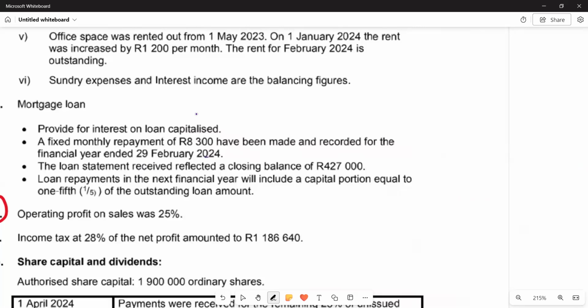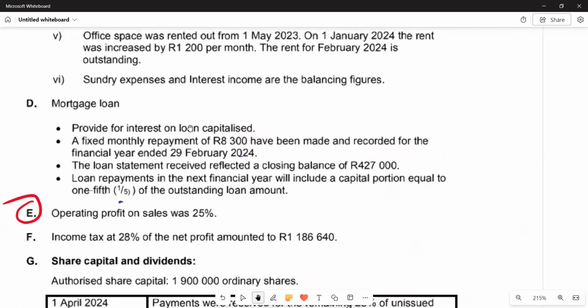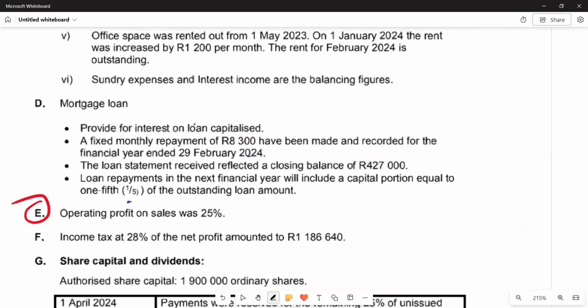And then we go to the next point, the loan statement received reflected a closing balance of 427,000. And then the last point, loan repayments in the next financial year will include a capital portion equal to 1/8, which is 150 of the outstanding loan amount. So we want to find the figure for interest given the figures that were given there under mortgage loan. So what we are supposed to do is let's try to find out